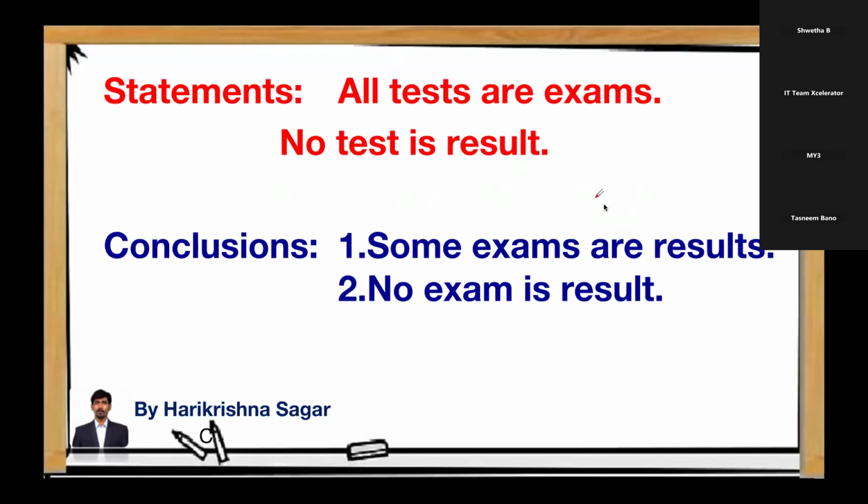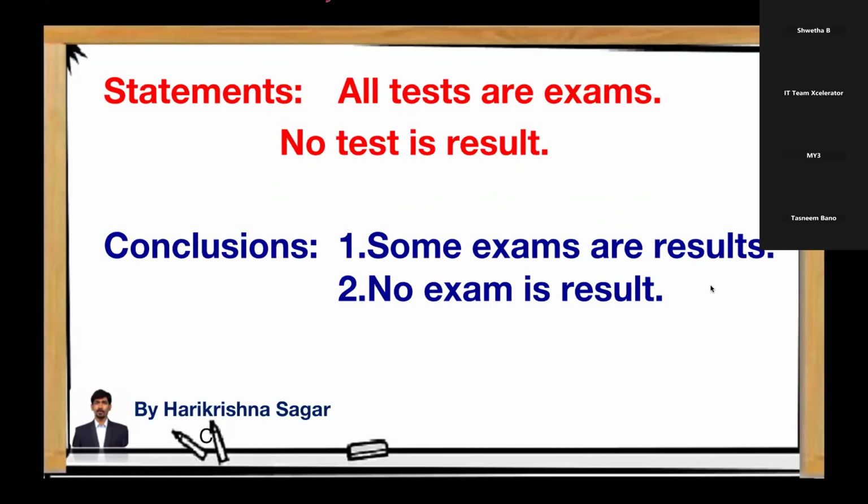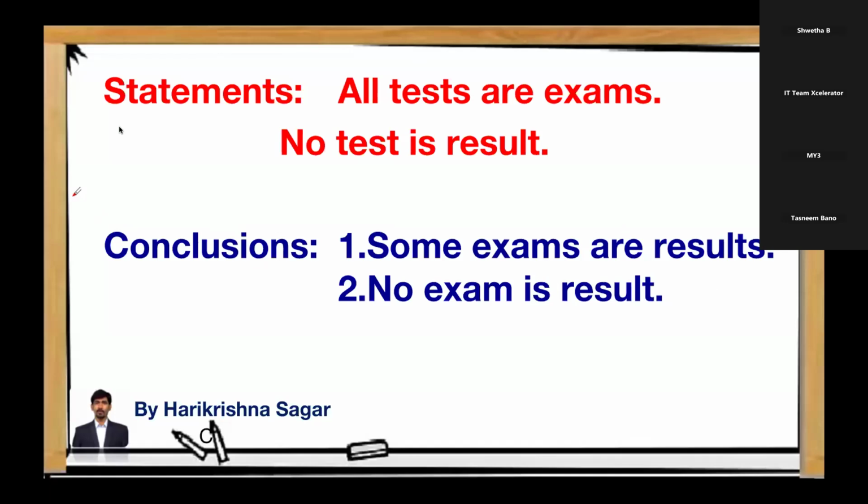Most of you are given the response, only 2 follows. Sneha is saying 1 follows. Noor is also saying 1 follows. Both can be possible, neither 1 nor 2. Yeah, this is a good question. Why I said it is a good question. Now you will realize, please have a glance on the question once, you will get to know.